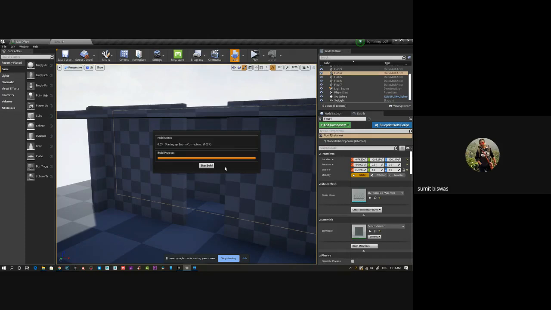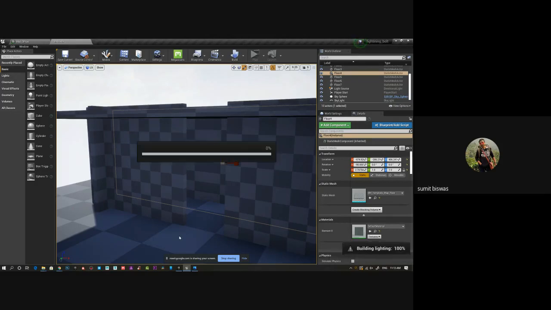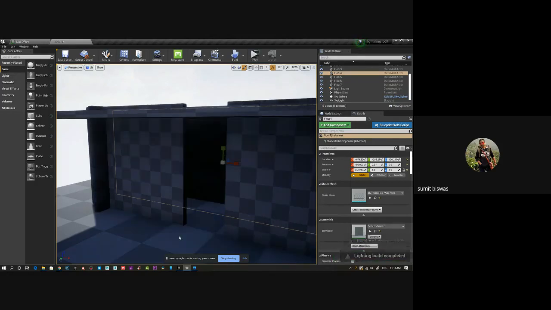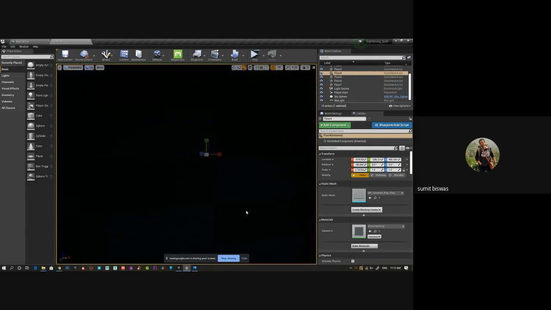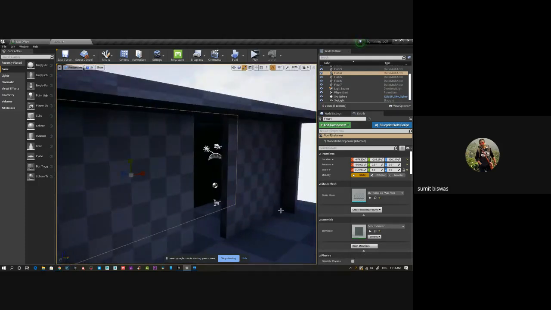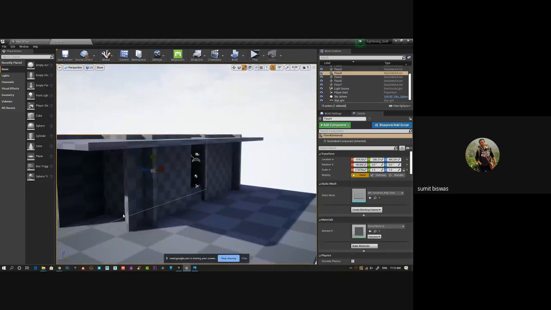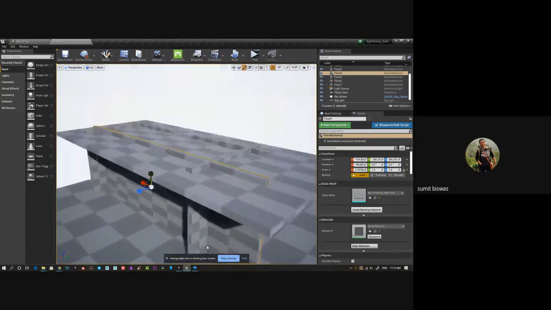So what happens by baking this? Your basic lighting, like shadow, basic AO and other stuff it generates, but the light remains dynamic. You can see the room's inside area became dark. All the corners, you can see it's generating AO. It's a preview mode, you can understand, that's why it's so blurry and not that clean. You can see this area is dark, this area is light. It generates everything nicely.